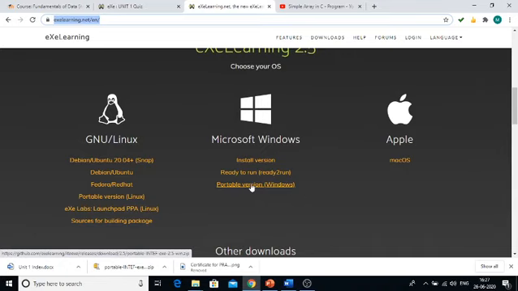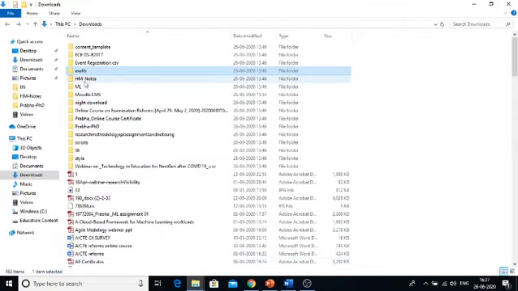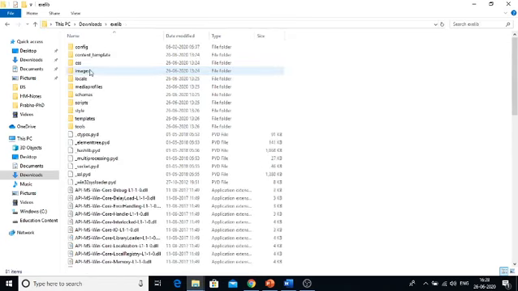When you click this link, automatically an exe file will be downloaded. You have to extract that exe file. When you extract the exe file, you can see a folder. Inside your downloads, you can see a folder known as exe.lib. You have to open that folder exe.lib.